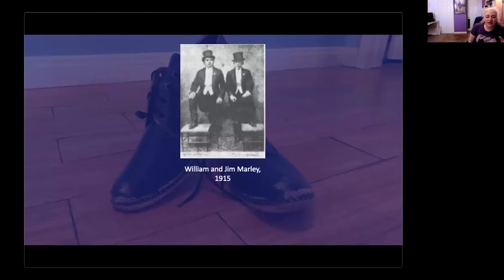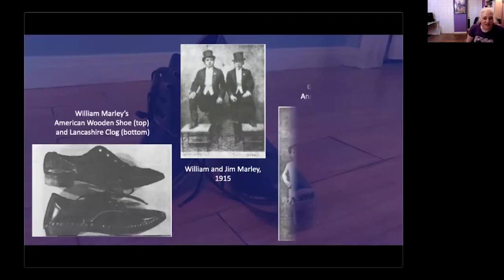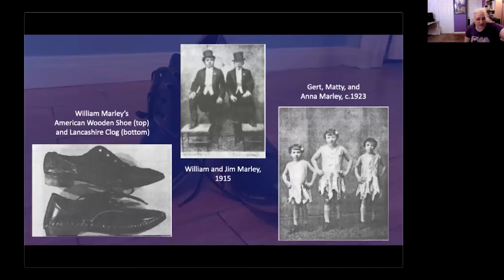And then it expanded into incorporating the whole family. Oh yes, that's right. So the shoes that you can see here, he also had, similar to Bill Robinson's, these kind of regular shoes. He had clogs, but he also had regular shoes, but with wood taps or wood soles. But so they expanded the family to incorporate almost all of the 8 children and his wife. His wife and 2 of the children played music for them, and then the other 5, I think,